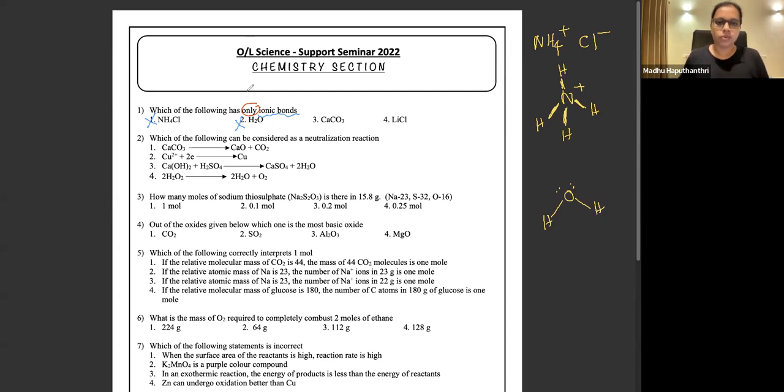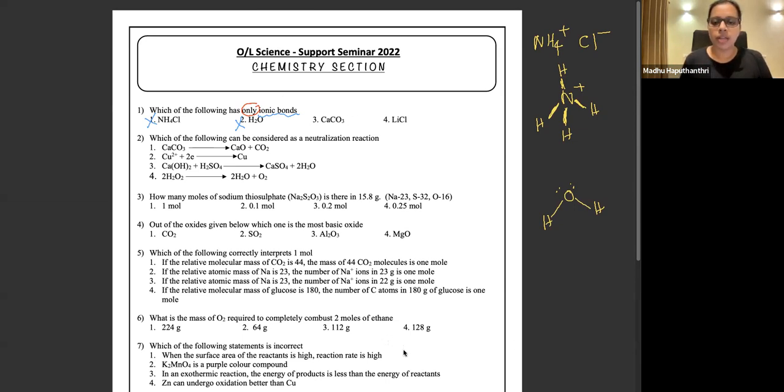So if you know, now when it comes to any MCQ, you have 4 choices in O levels, only one is correct. So always question why this one is wrong, why this one is wrong, why this one is wrong. So when you question on the wrong answers like that, you can learn a whole lot, right? So therefore, for all the wrong answers, I will be giving the explanations. Again and again, I'm reminding you, take down the explanations, right? Because that is what is important when it comes to the last moment.